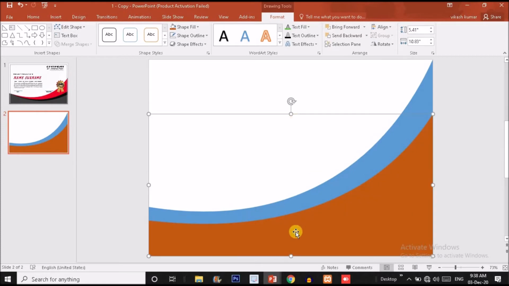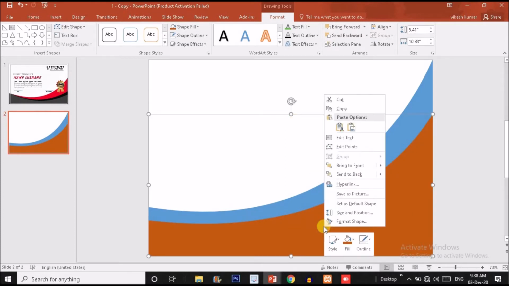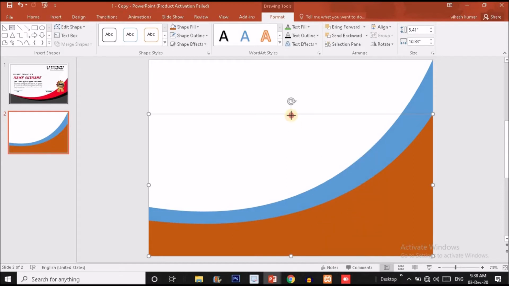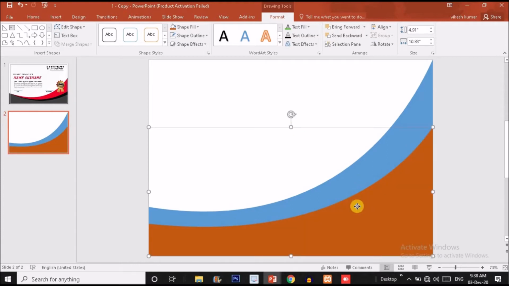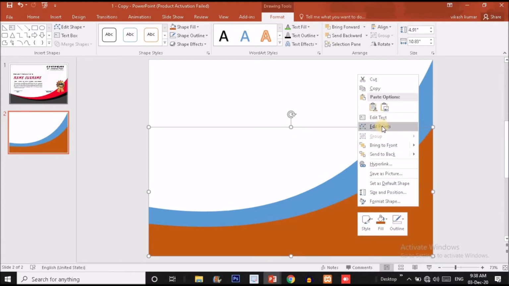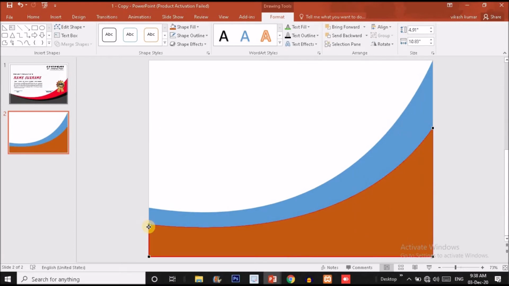Okay, now right click over here, slightly I'm going to decrease the height, this much is good. And now right click over here and choose the edit point option. Just drag this point over here. Okay, and drag it something like this.